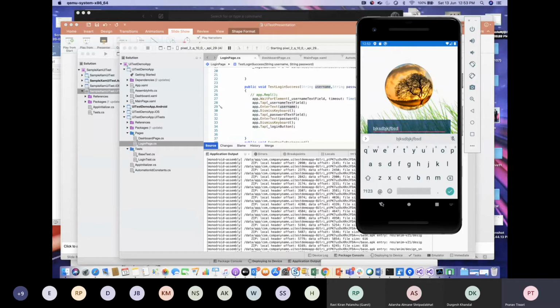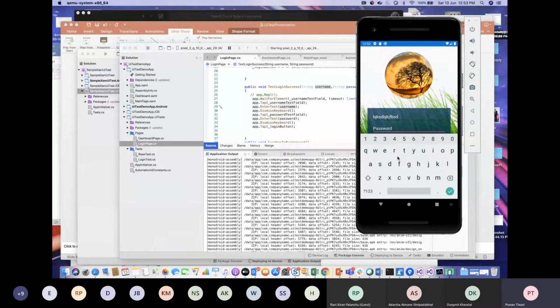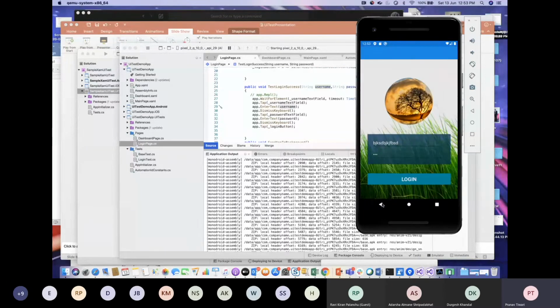Right now we have the keyboard coming up, so our password field is not visible. If I'm not putting this dismiss keyboard command, it will probably try to search on the visible screen and will not find the password field, and our test case will fail. So dismiss keyboard will dismiss your keyboard. Then we are going to tap on the password field and enter some password. We'll again dismiss the keyboard because we are going to click on the login button, and our login button will be clicked.